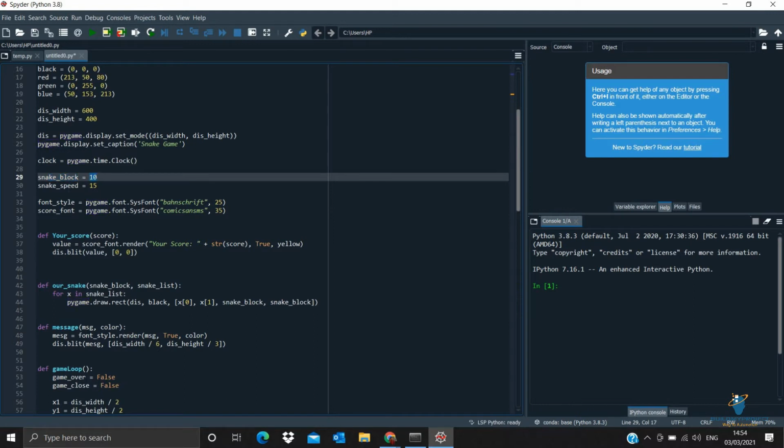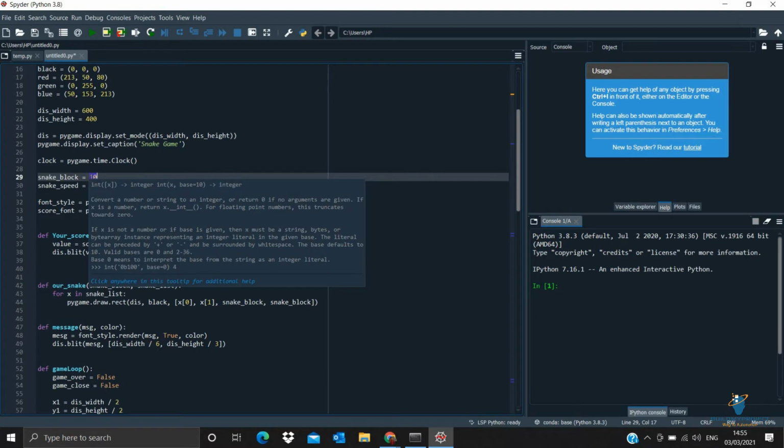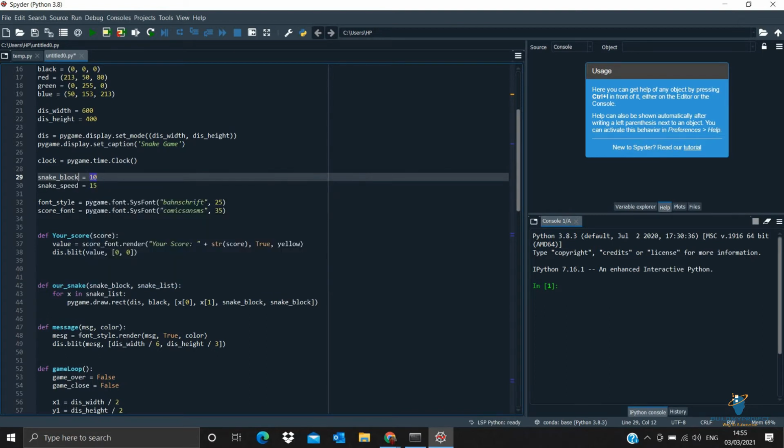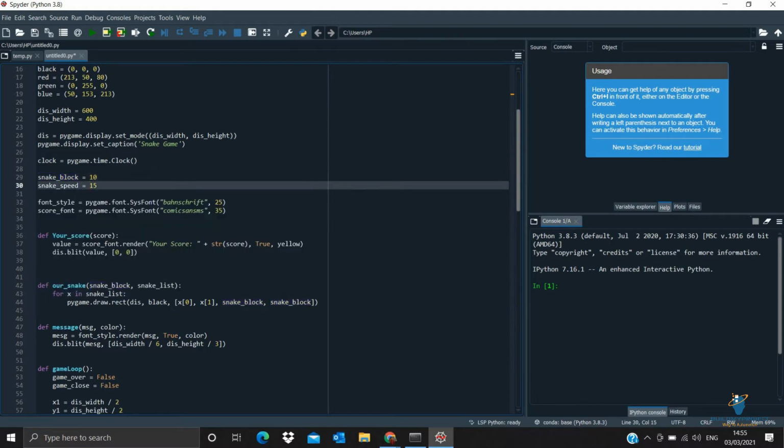I gave these numbers on my own, and you can also change them. By default, your snake block is 10 pixels, and the speed is 15 pixels per second, we can say.